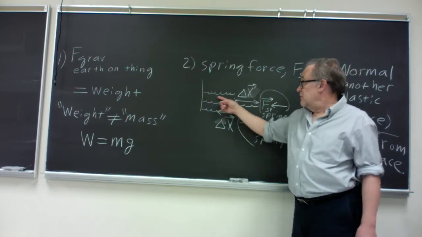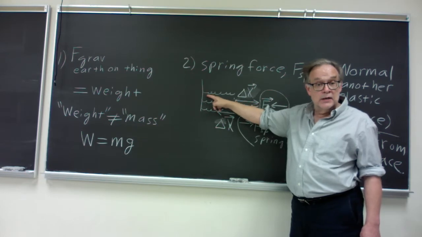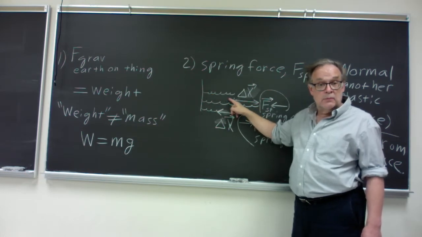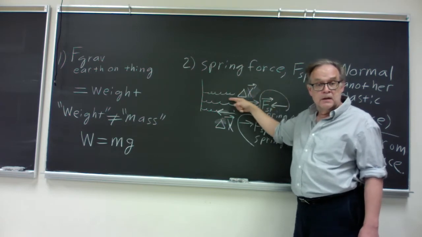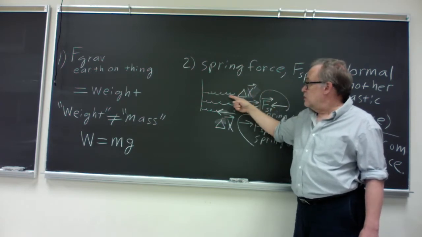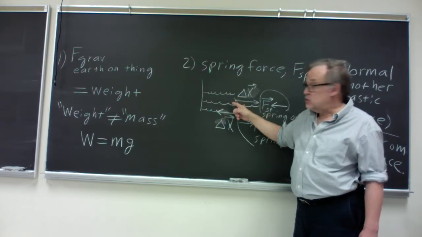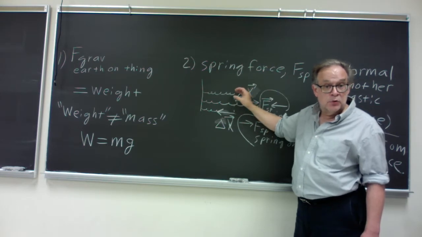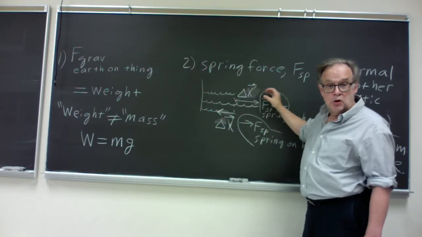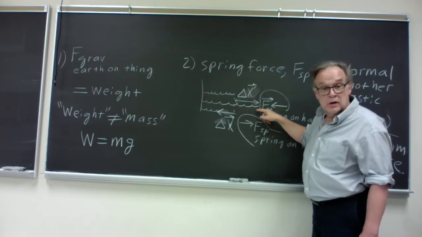So what happens in the case of a spring when it's acting as an elastic object? Imagine you've got a spring here tied down at one end, and I can grab hold of the other end and push it or pull it. But let's say when the spring is at its normal relaxed length, not squeezed, not stretched, the right end of the spring comes this far. Then I grab the right end of the spring and pull. That means now the right end of the spring has gone through a rightward displacement this big.